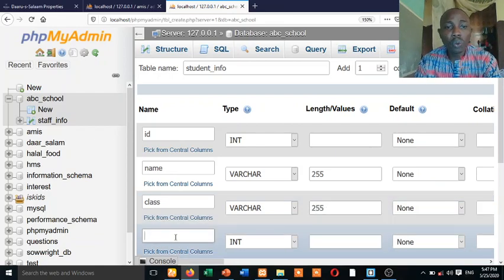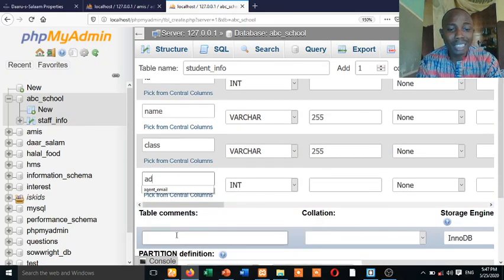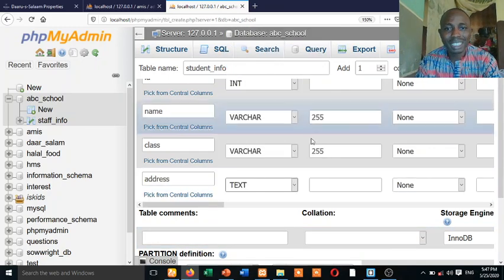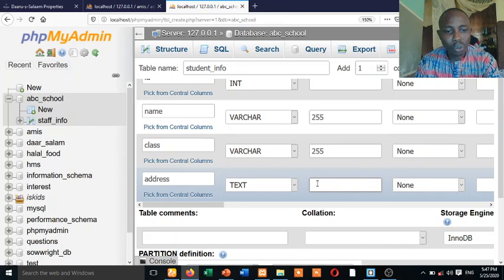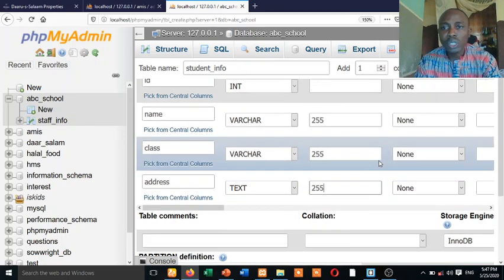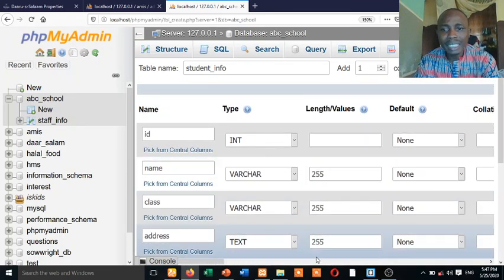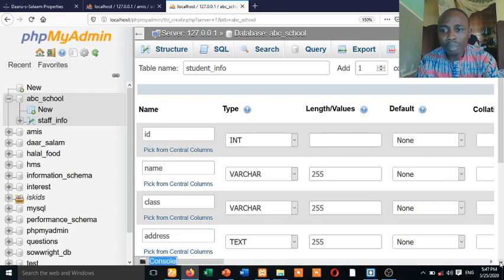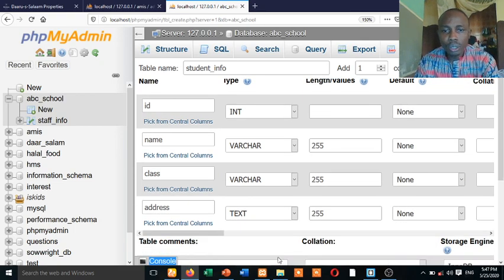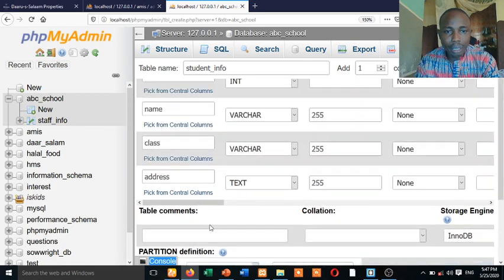255. Then what again? Maybe I should call it address of the students. This address can be text. You can call it text. So we call it 255 also. But this ID is always very important, that one should make it